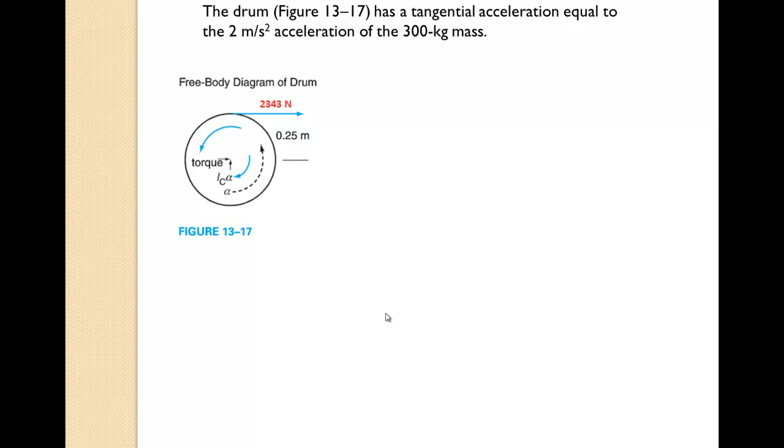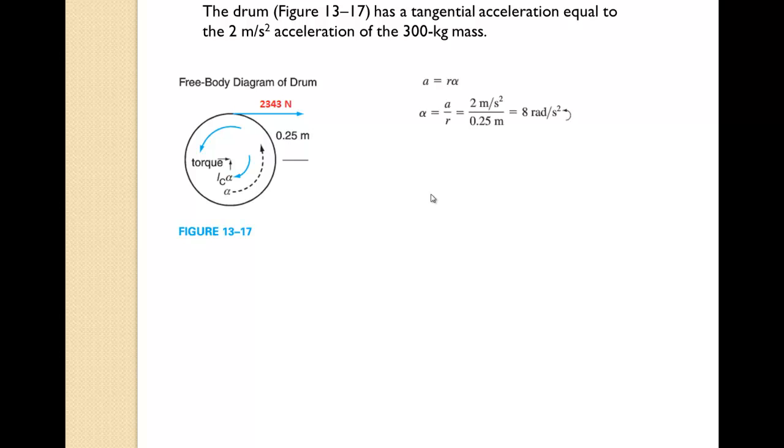And the drum still has a tangential acceleration equal to 2 meters per second squared, the acceleration of the 300 kilogram mass. So it's still accelerating tangentially, okay? Even though this is the tension in the cable, which is just pulling this way, it's accelerating basically to the left here, okay? Because remember, we're pulling it up. All right, so what we would do is go ahead and solve for that, knowing our linear to angular